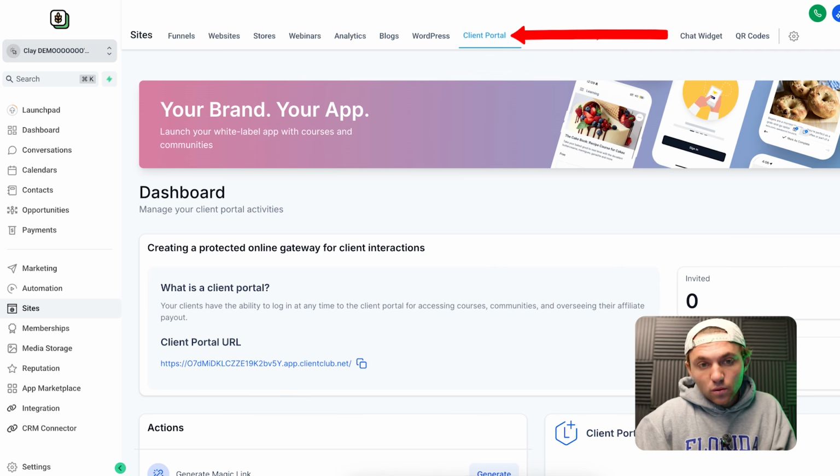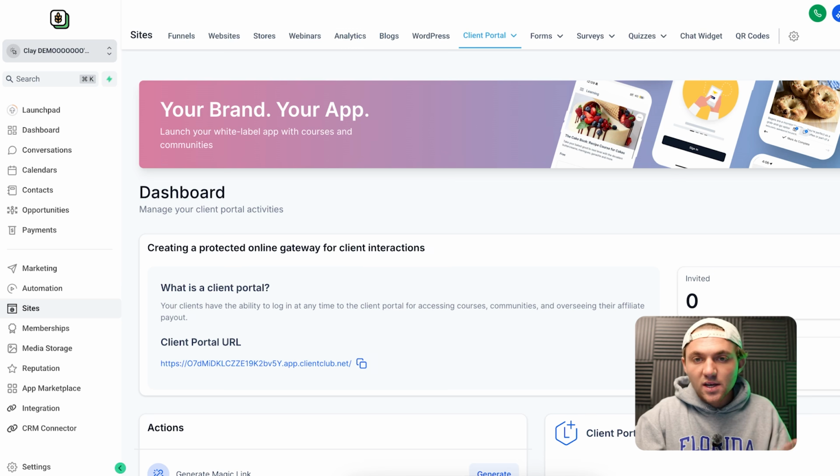You have a client portal. Basically, if you are an agency or you want to give somewhere for clients to log in and see stuff, you can create a client portal. They also have memberships, which we'll talk about later, courses, etc. But yeah,